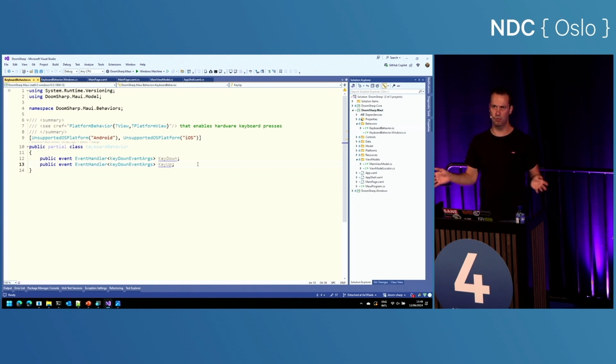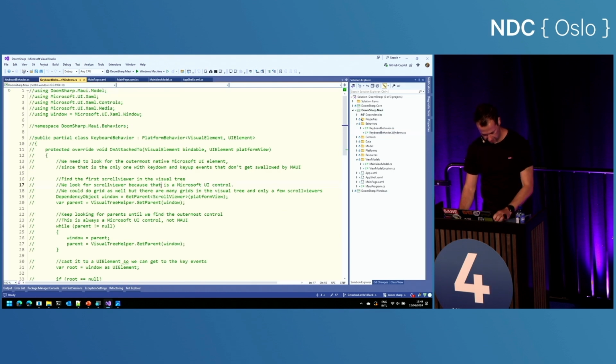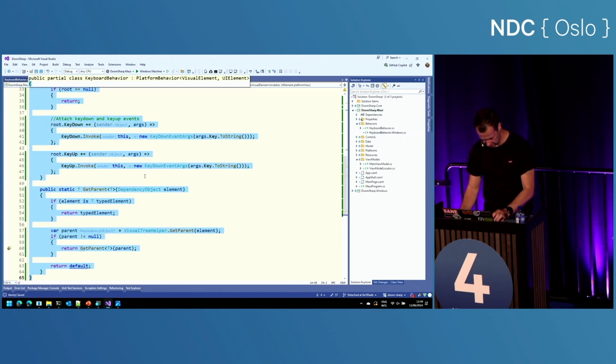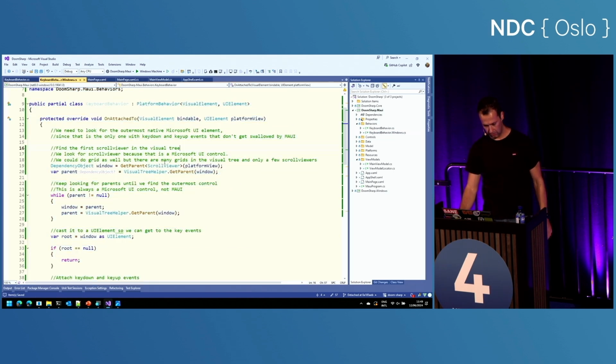Pretty naive, I know. iOS, Android have keyboards, but I didn't feel like implementing those. So I went to Windows only. And they have two events, key up, key down. And if I go to the Windows implementation uncommented, you need to inherit from platform behavior, and then you have your MAUI element and your native element, and it will merge those two kind of together.